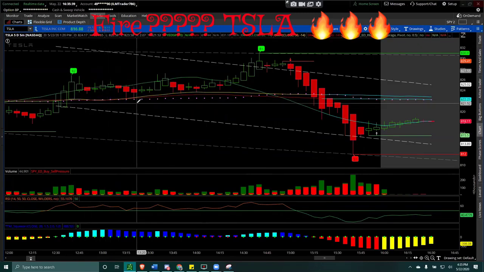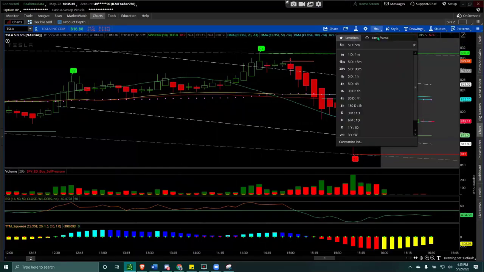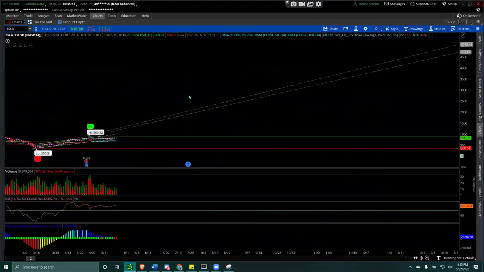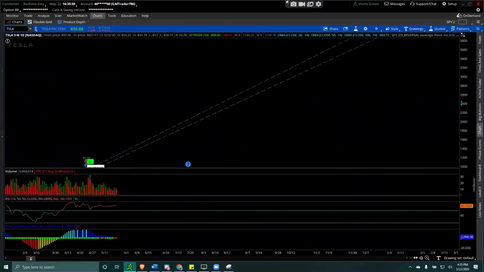It works mostly on shorter time frames, like hourly, 4 minute, 5 minutes, 15 minutes, 30 minutes. If you go to a higher time frame, it automatically disappears. For example, on a daily chart it becomes really cluttered and doesn't look too good.